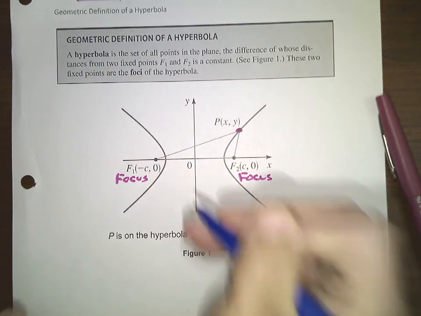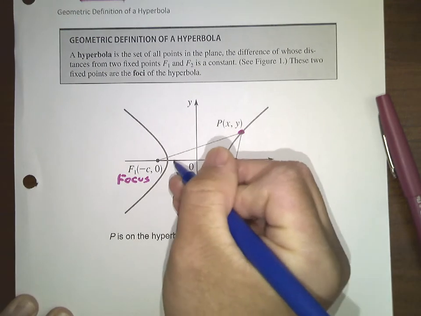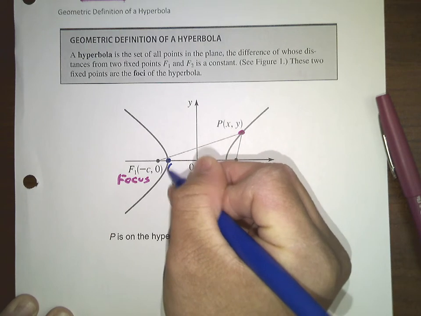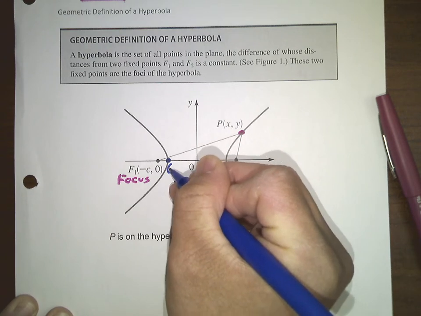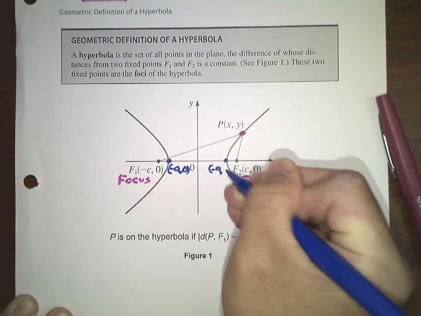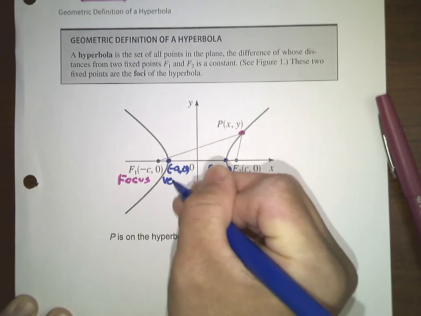All right, so you can see that this is going to be the point negative a, 0, and this one is a, 0,